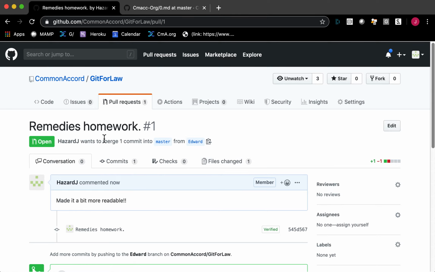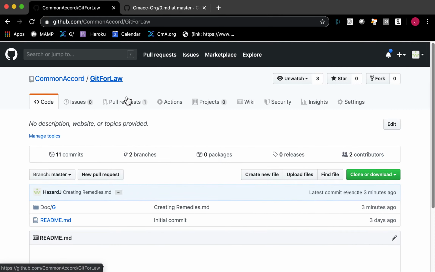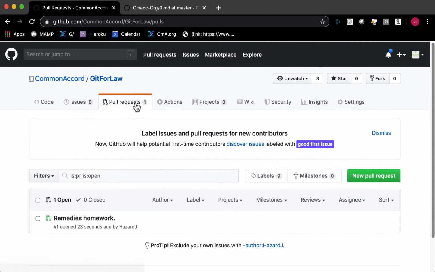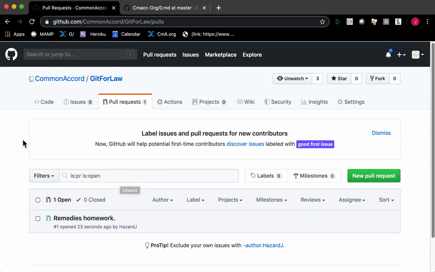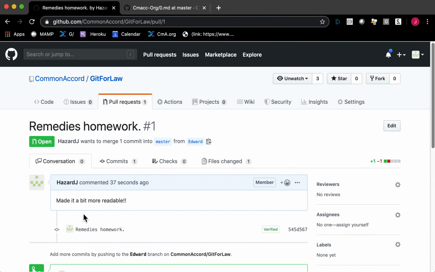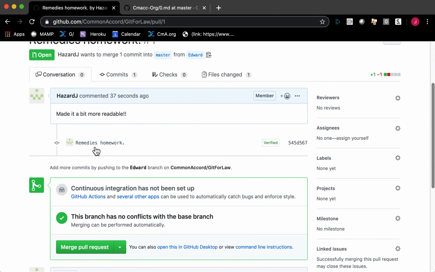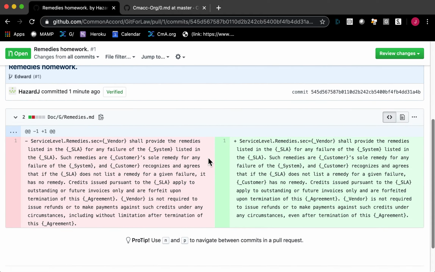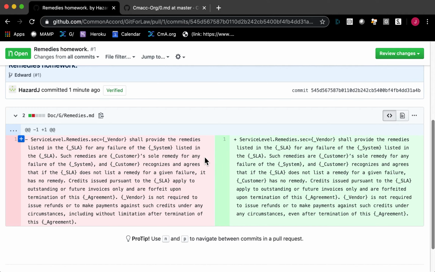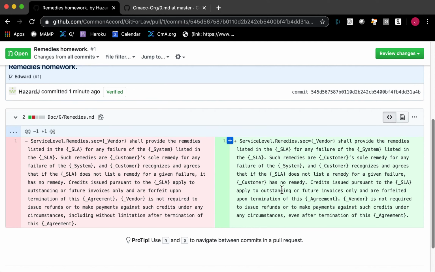So then if we go back to our master, so we'll go up here. If we go back to our master, we'll see that we've got a pull request here. So we can see we've got this pull request here on the Edward branch, you see, and we can view the pull request like this. It shows where it is, and it also shows what it is,